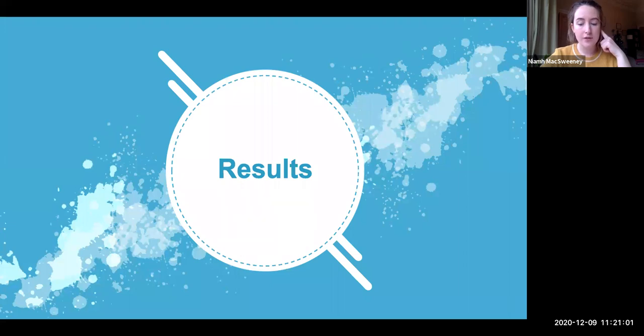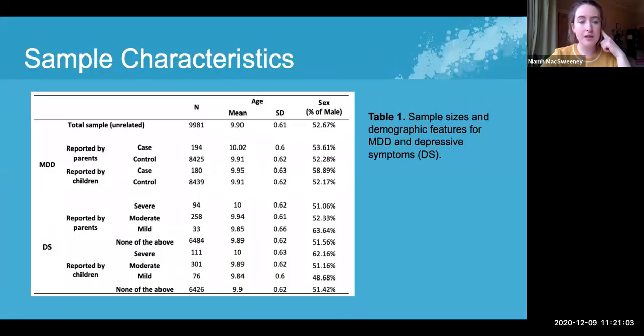So moving on to results. Just to start off with some sample characteristics. You can see here that, even though depression was the focus of the paper,